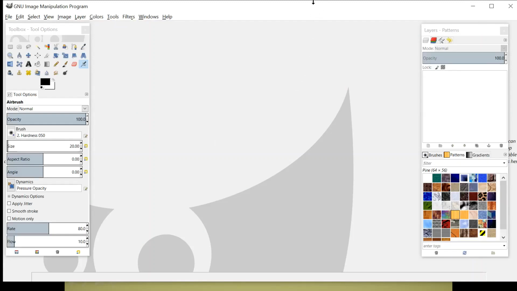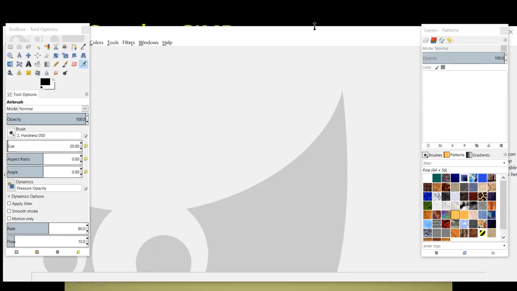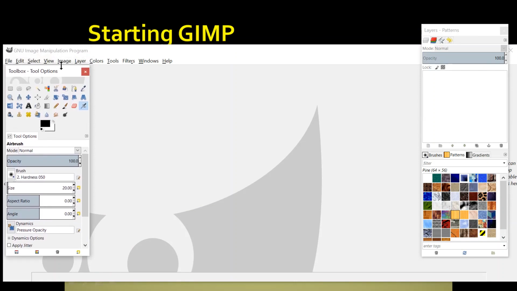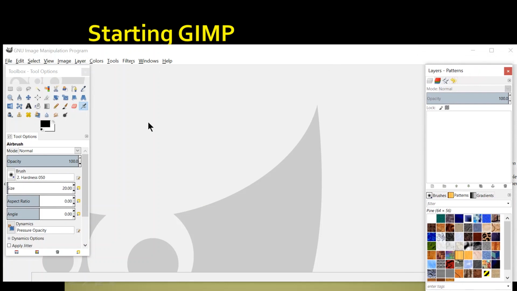As you can see, it's opening. Yes, it has opened. I'm just making it little smaller. Got it? Yes. Now it's the window of GIMP.